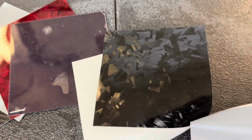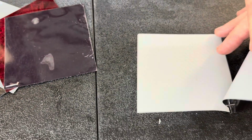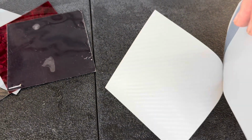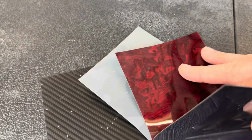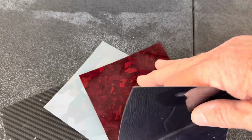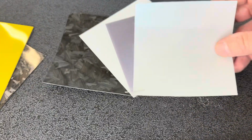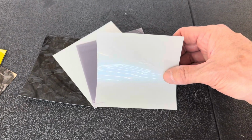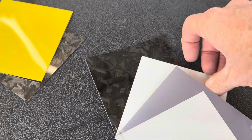I considered that. This is forged carbon black, really cool. And then you just have your regular carbon fiber white, satin or stealth. This is a purple. This is forged maroon here. Kind of neat, but man, is that gaudy. I like that one as well. That is a camo gray. Then we have pearl, and it has pink and blue metallic flake, and then gray, just regular white,